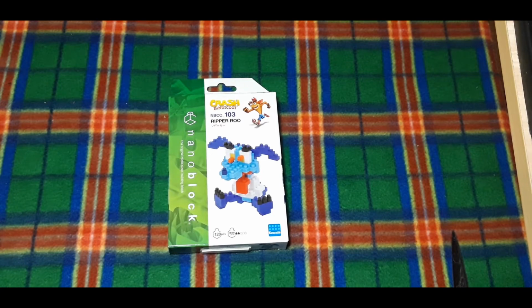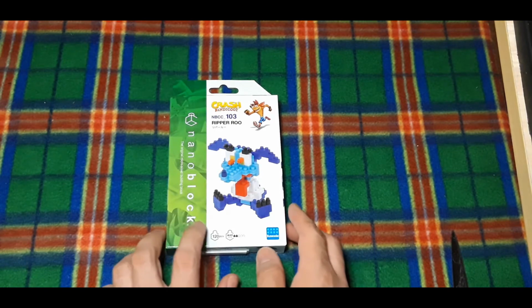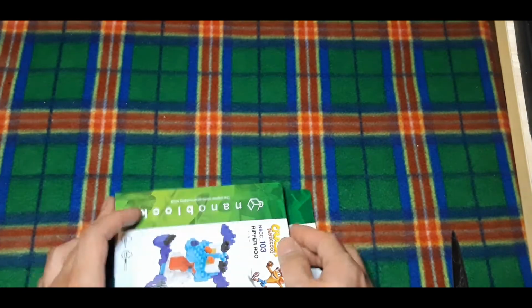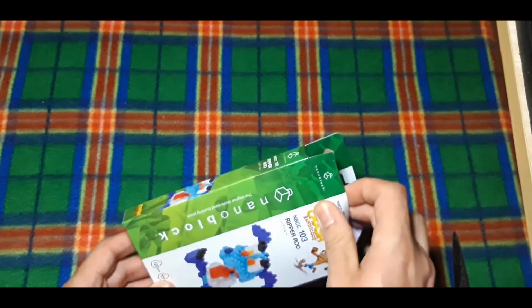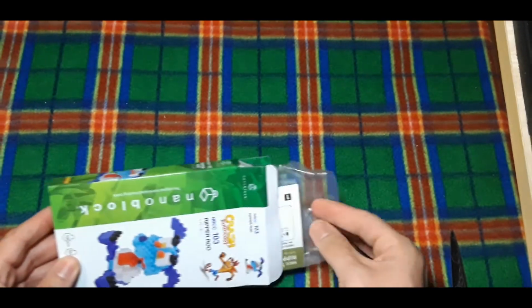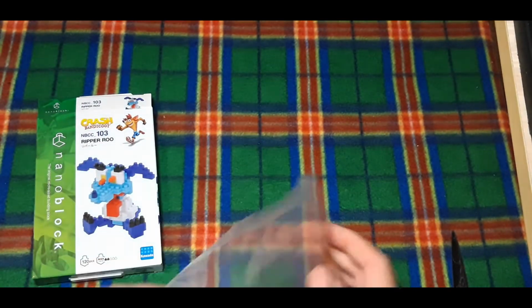This time we got the crazy Ripper Roo, who made his debut in the Crash Bandicoot PlayStation 1 game. And he was the second boss out of all those bosses. I can't remember how many it was. He's in his traditional straitjacket, and of course he also made a return appearance in Crash Bandicoot 2 Cortex Strikes